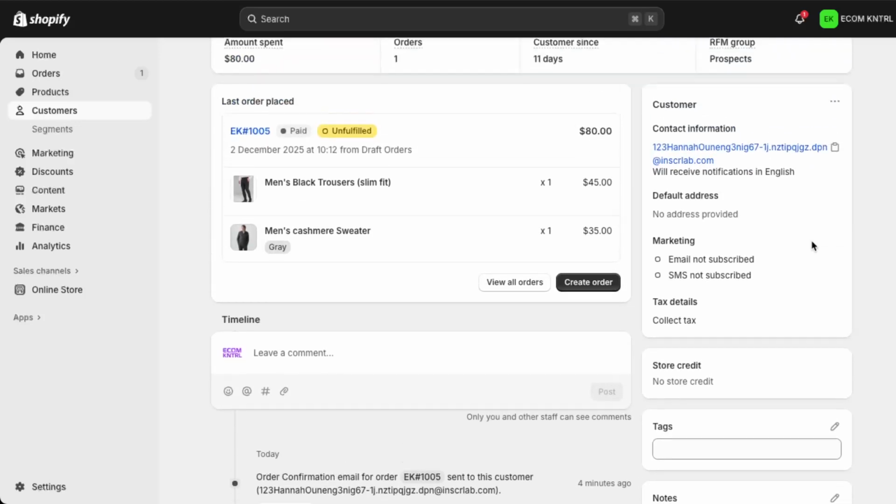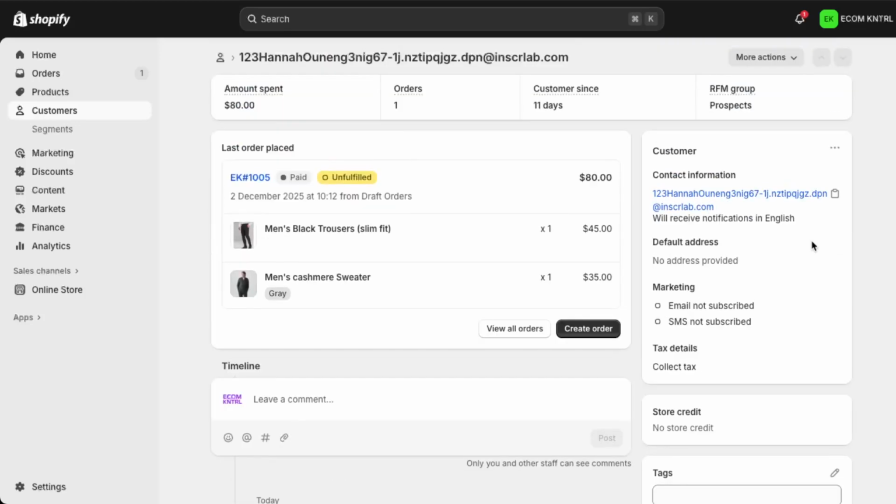After entering the desired amount, click on the option to review changes. This step gives you a chance to double check that the amount is correct before saving. If everything looks good, go ahead and click Save. The customer's store credit balance will now be updated and ready to be applied to future